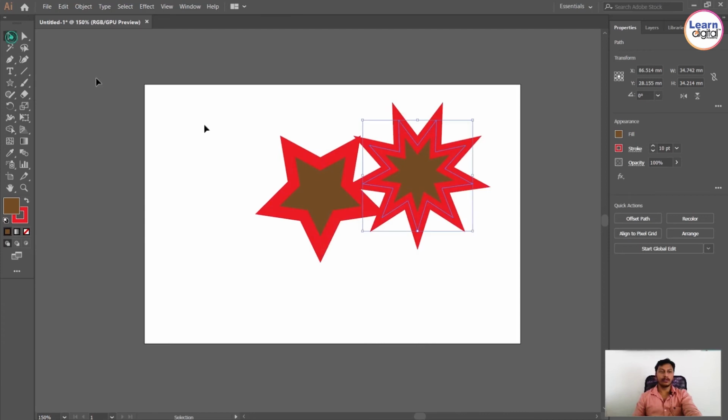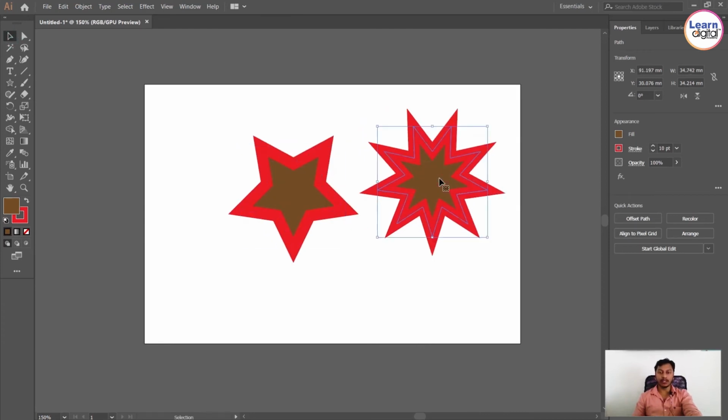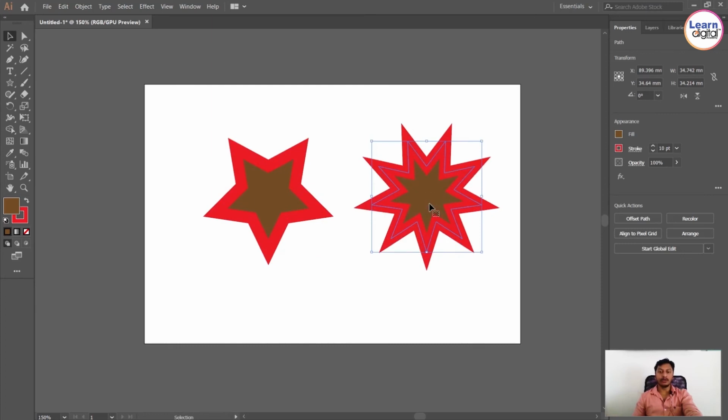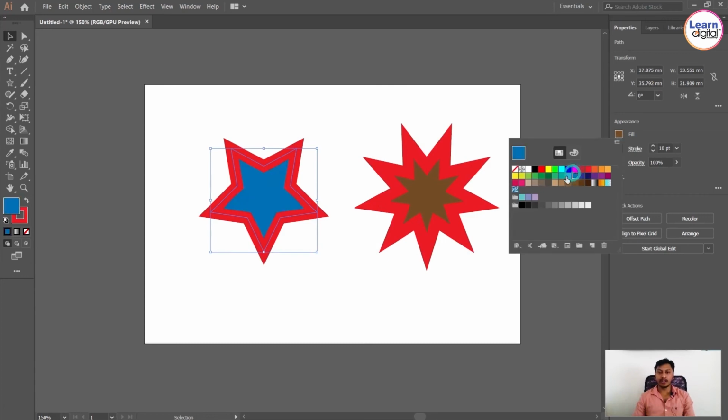You can see. After drawing your object, or after modifying your object, you can also change the color of your shapes or any object. So how? Just select a particular shape. On the right hand side you still have fill color and stroke color. Whichever color you need, click and change the color. So you can see. If you want more colors, currently you can see only a few colors.